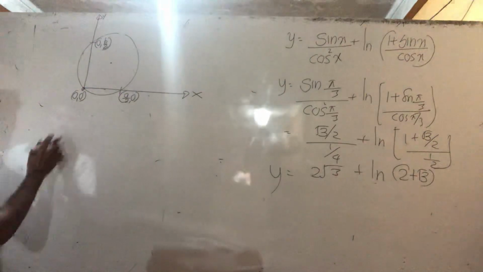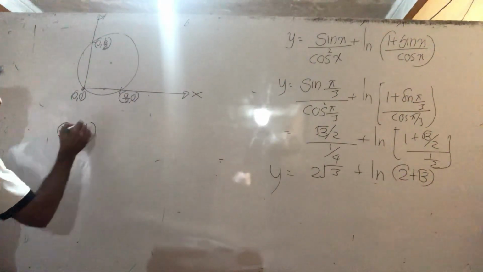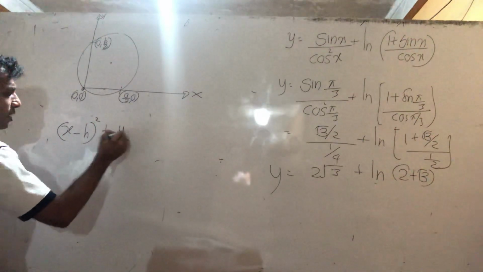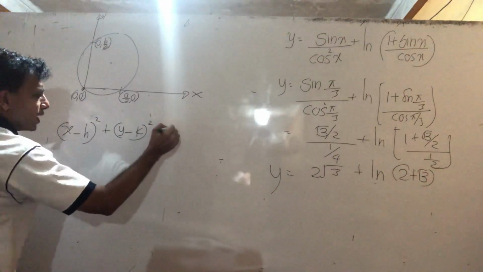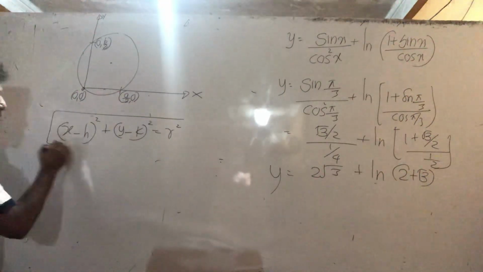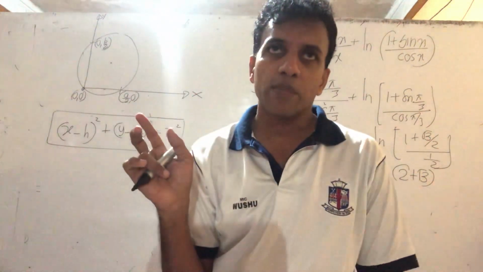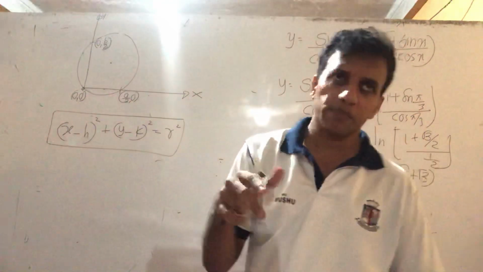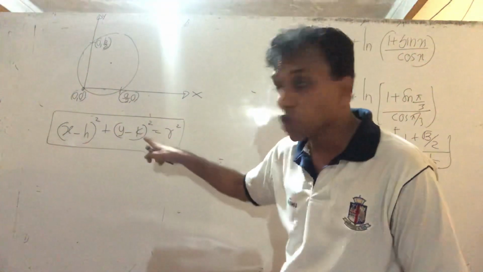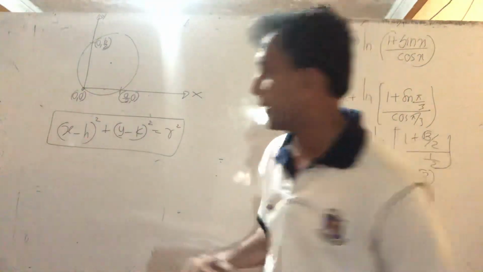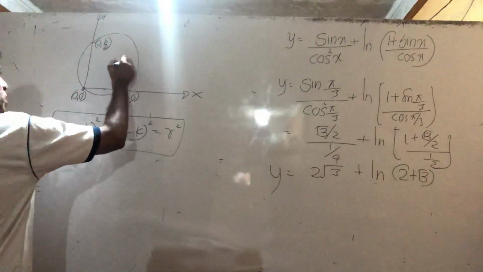What is that? X minus h square plus y minus k square equal to radius square. Take this equation because there is the r, therefore easy. Otherwise if we go with x square plus y square plus 2gx, you can get it, but maybe too long. We take this equation. What is h comma k? Center coordinate. This is h comma k, right? That's what we call h comma k in this pattern.